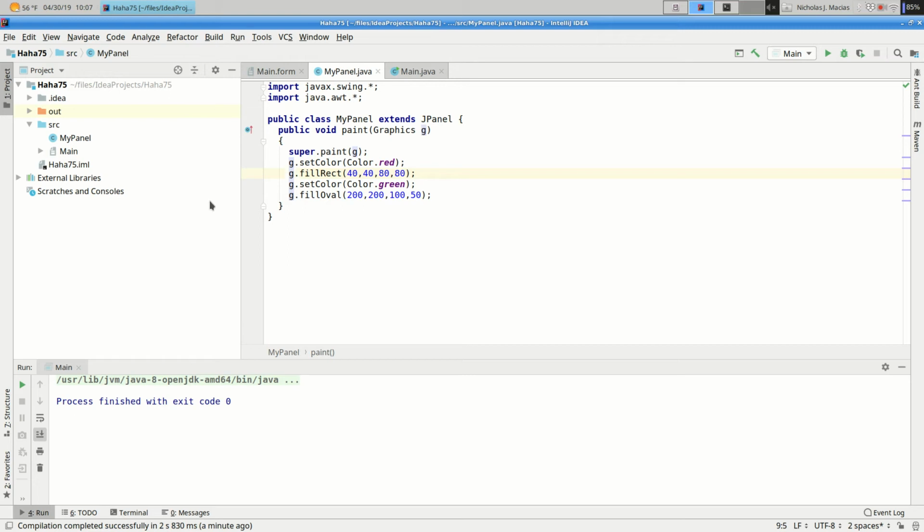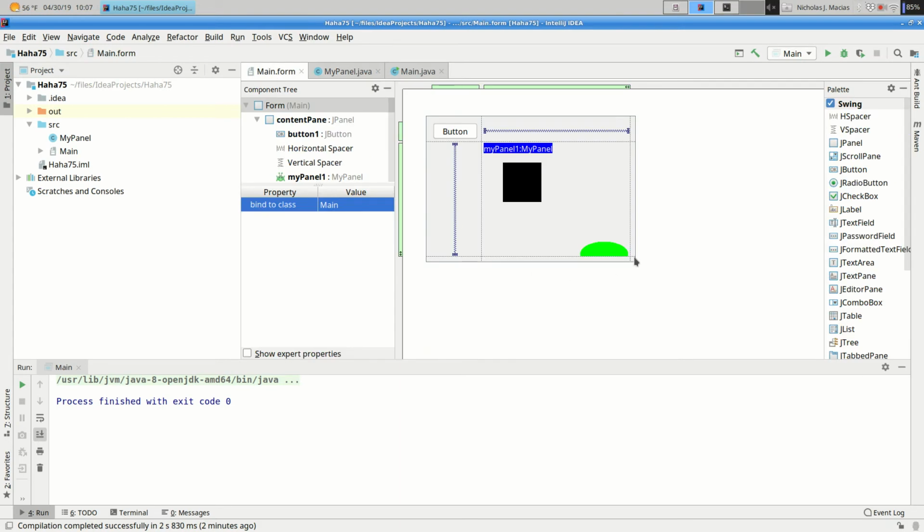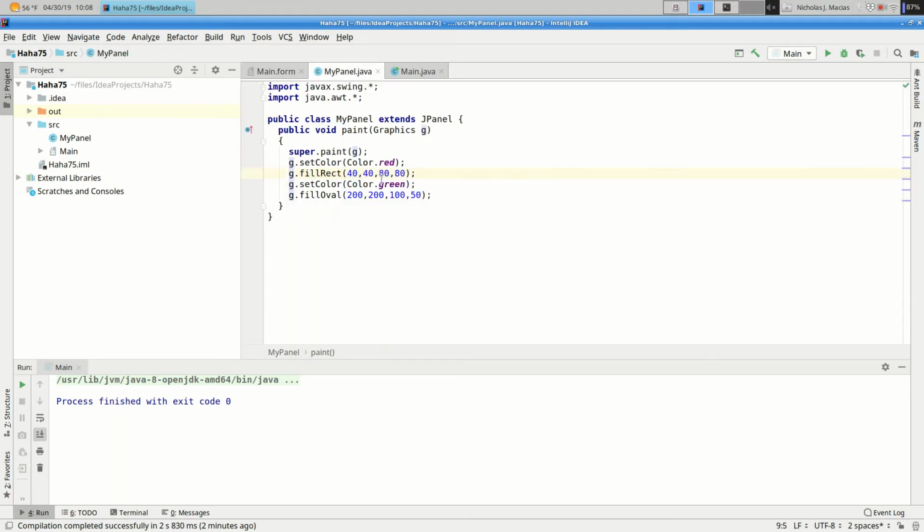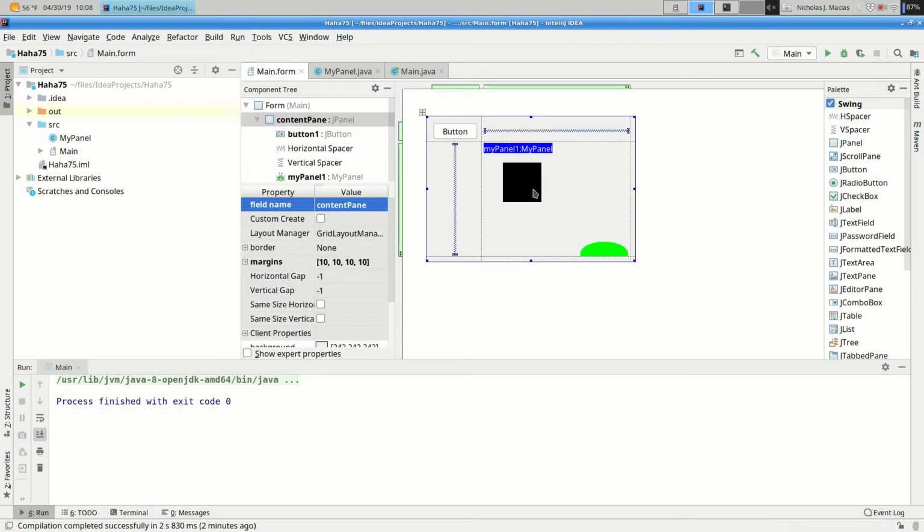All right, so remember we overrode the paint method because the paint method is the thing that causes painting to happen. And let's try to tie this button into our code. What I'd like to do is when you click the button, I'd like to move this rectangle around. Okay, so right now, where's the rectangle being drawn? It's being drawn at 40, 40. I'd like to change those coordinates when you click the button so that it draws this rectangle at a different